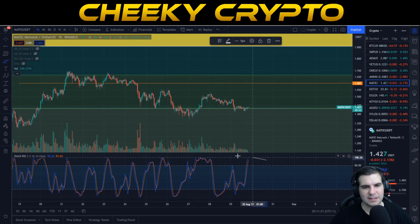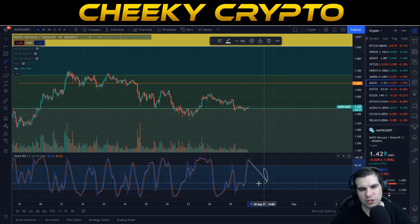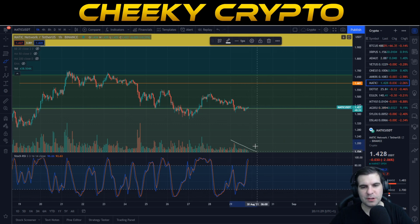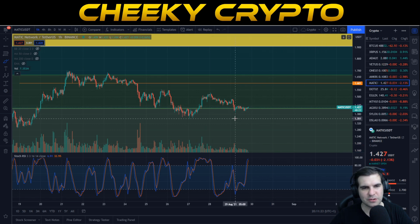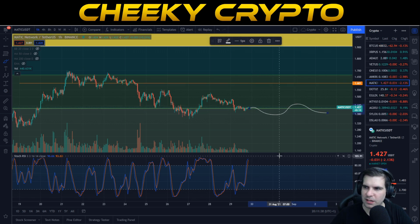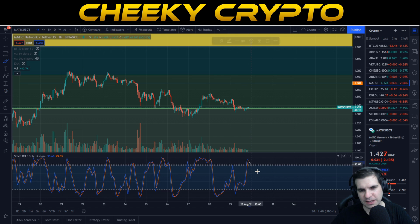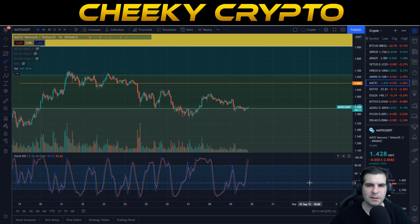Now I can obviously see that we're up in the overbought area rather than in the oversold area, right? So we are looking for a short-term pullback, and if the volumes continue to go down like this, it would indicate that we are just going to trade sideways across this line. We might fall below it, flip above it, something like this, a bit wavy. Get this nice and low, and then hopefully have that sentiment really positive come in and push us to the